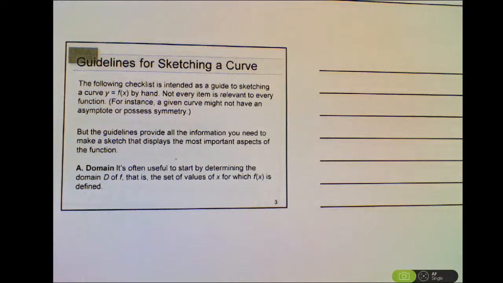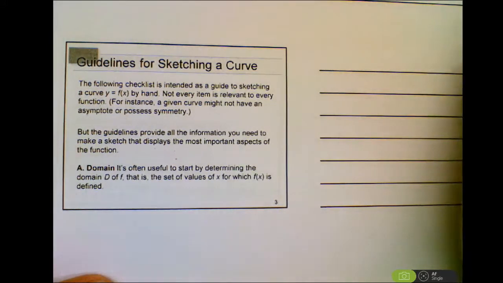Almost there. Section 4.5, sketching a curve. So we're going to put everything that we have learned together so that we can finally graph a curve that is not easy to graph. For example, if we have to graph y equals 2x plus 3, that is something definitely we are perfectly capable